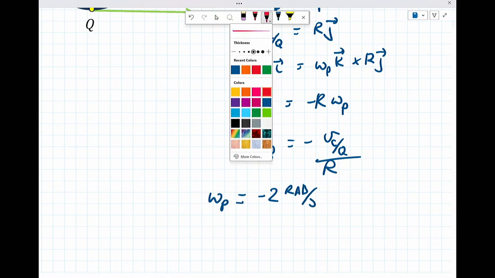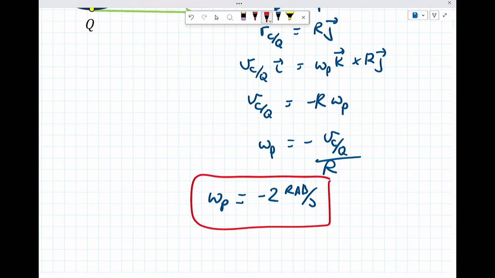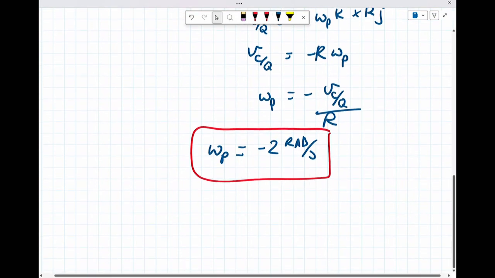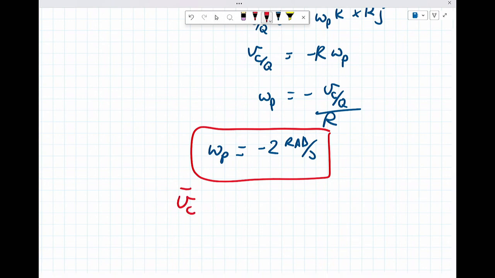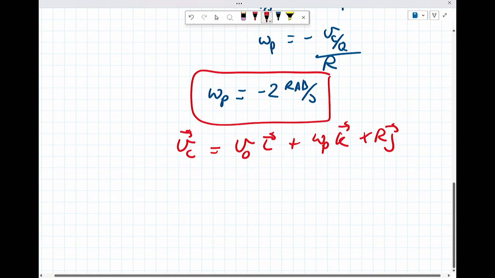And the other thing that I tend to do is, even though radians are unitless, they're really good to keep within your calculations. Okay. And V sub C equals V naught I plus omega pk cross with rj, and if you substitute all the numbers you were given,